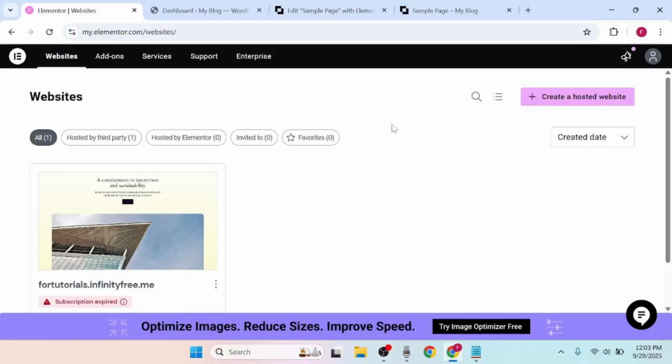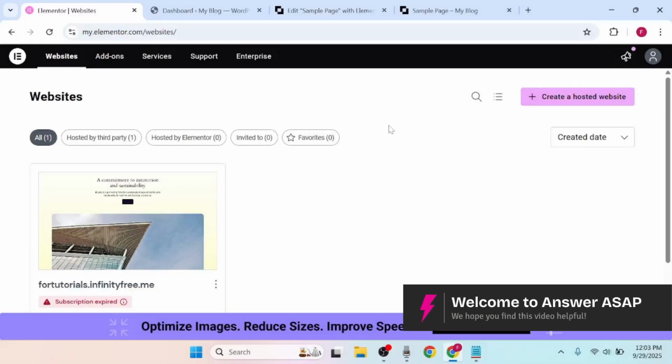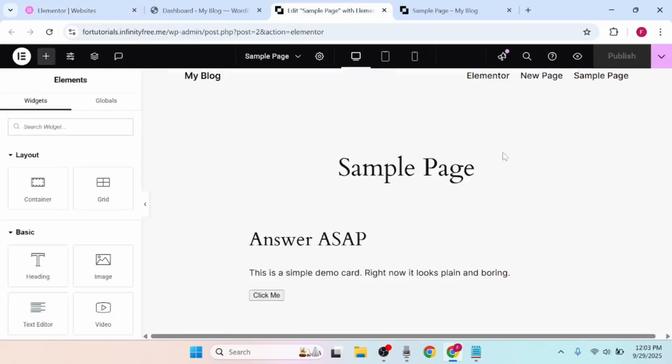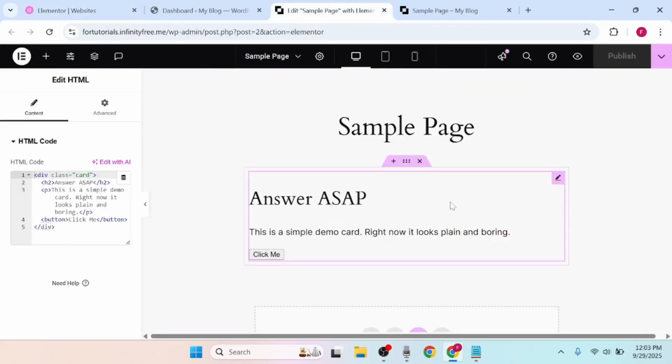In this video, I'm going to show you how to add custom CSS in Elementor. Start by opening the Elementor editor and selecting the element you want to style. In my case, I have an HTML block on the page that contains some code, and I want to customize